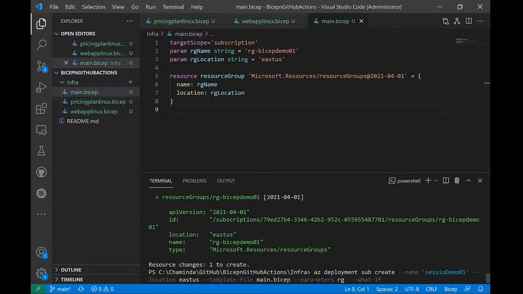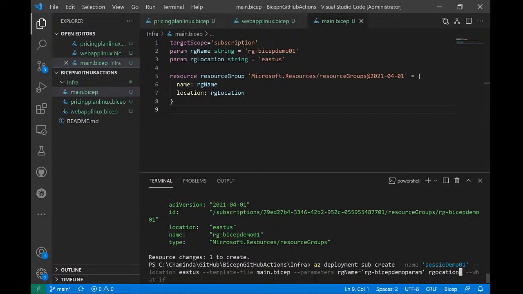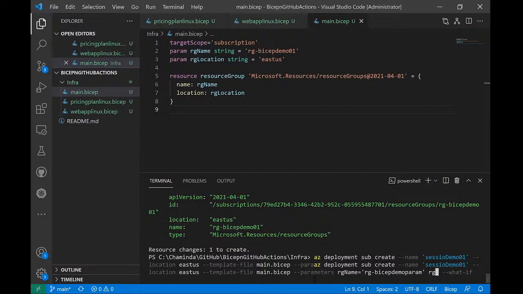RG name, I can say equal, whatever, let me say Bicep demo param, and RG location. Instead of East US,